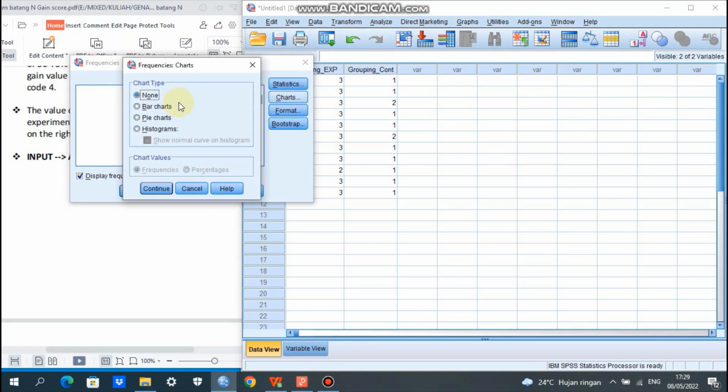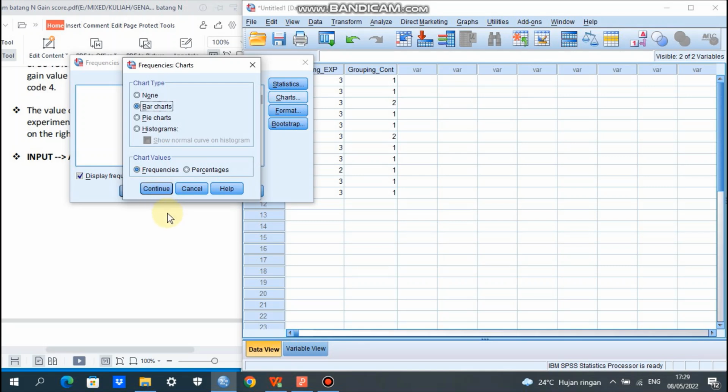And then we click chart, we choose chart here, and then about the chart values, it is up to you whether you want to choose frequencies or percentages, but I prefer frequencies here, for us to calculate it easier.